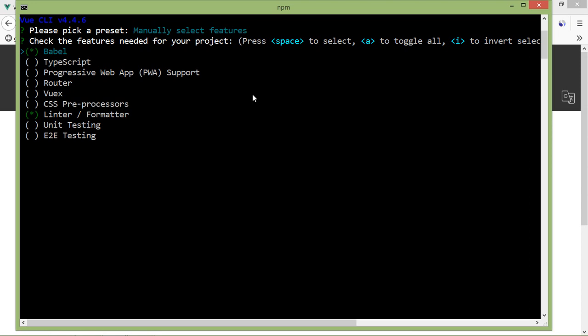Here I am going to select Babel, then router, CSS preprocessor, and linter formatter. I have selected four features: Babel, router, CSS preprocessors, and linter formatter. Now press enter.